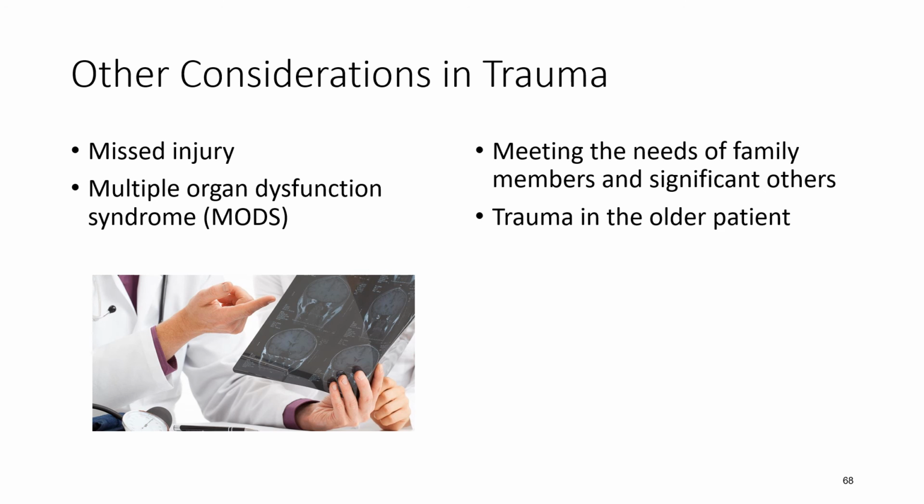And that may seem counter to anything that you could think of would be okay. But again, thinking about who is your patient now. If your patient has progressed to brain death, now the family is the consideration. So do involve all of the disciplines, pastoral care, anybody that you can, get as much support for the family as you can. And then trauma in the very young and the very old, we didn't talk about it very much,